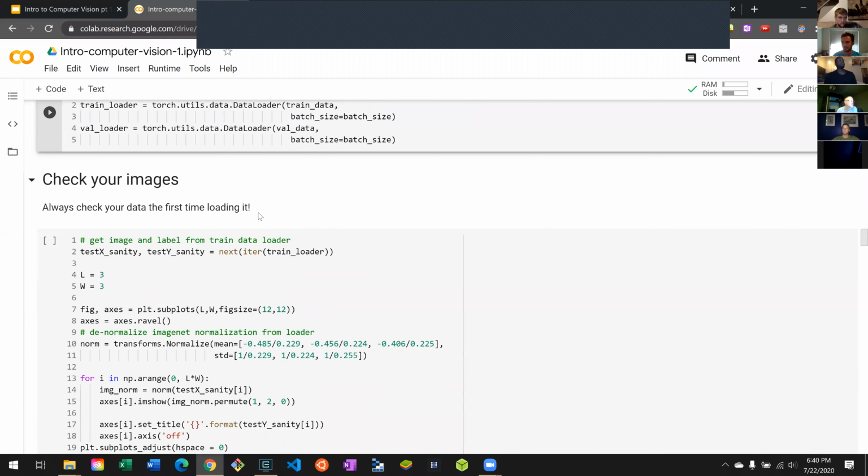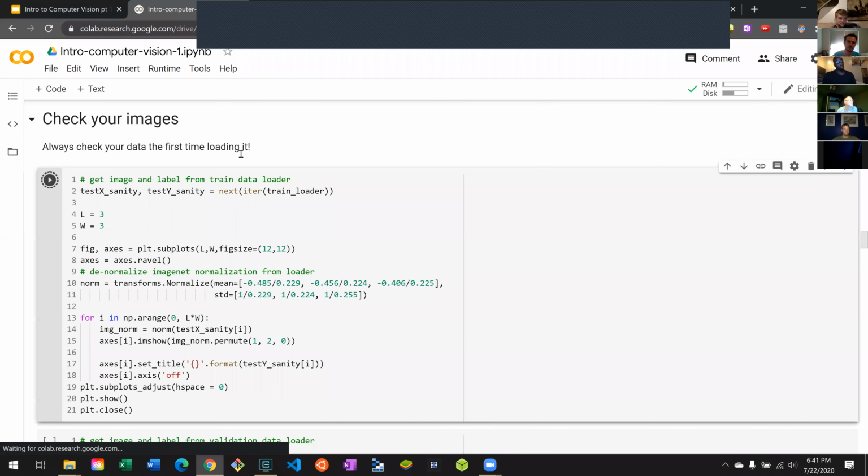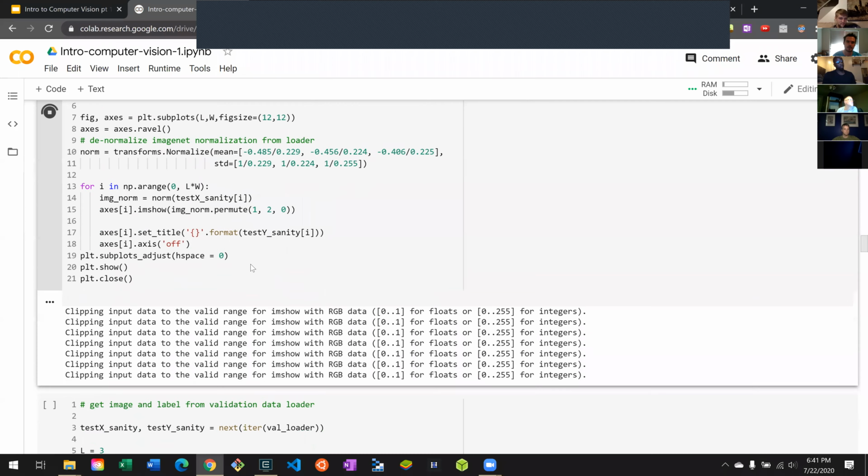And then this is also an incredibly important thing that sometimes people will forget: you always want to check your data or check your images to make sure that it loaded in as you thought it was going to load in, that you're actually looking at the right data set, that nothing got messed up while you're loading it in. So if I just run this, I'll walk through what it's doing in a second, it's going to output some